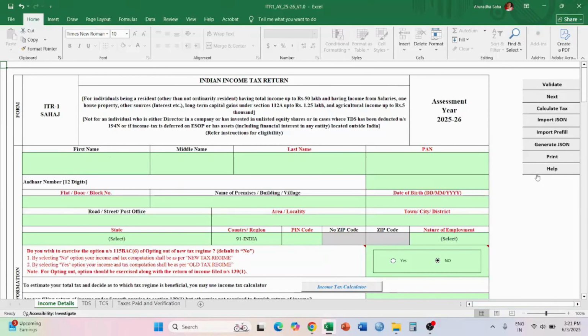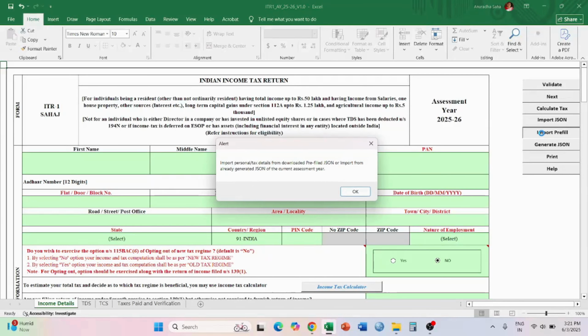The first thing that we are going to do in this Excel sheet is import prefill. So we click on this import prefill. Once we click on it, this pop-up comes and over here we click on OK, as we have already downloaded the prefilled file that we had first downloaded.